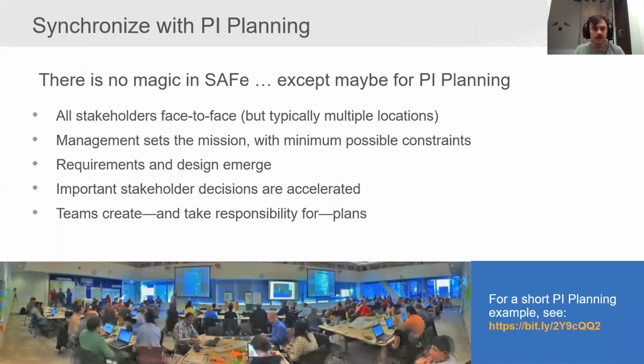Now, how do they do that? All this synchronizes with PI planning. There is a nice statement: there is no magic in SAFe, except maybe for the PI planning. This promotes that once in a PI boundary, say I'm using 10 weeks as a number, once in 10 weeks everybody comes together and focuses on their common mission. They get to know what is happening right now. They plan together. They jointly own what is getting planned for the upcoming PI. So this is what they do at a